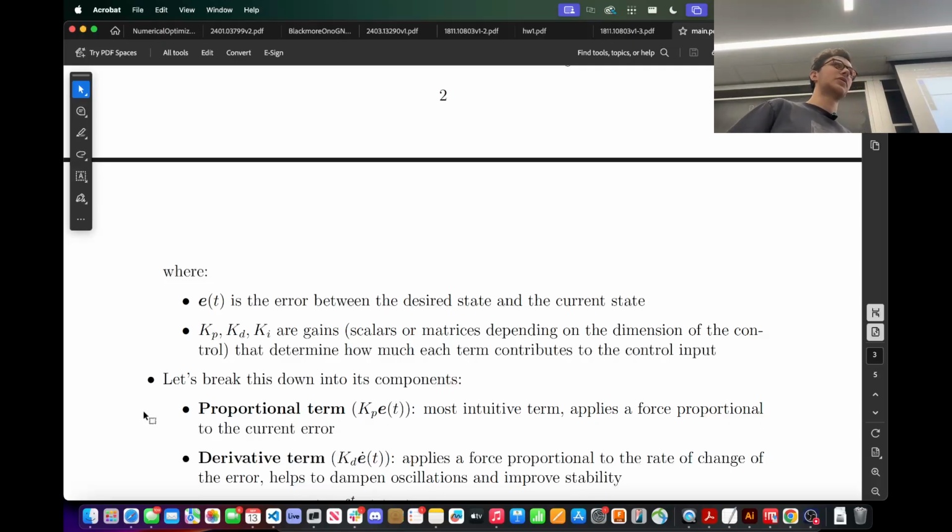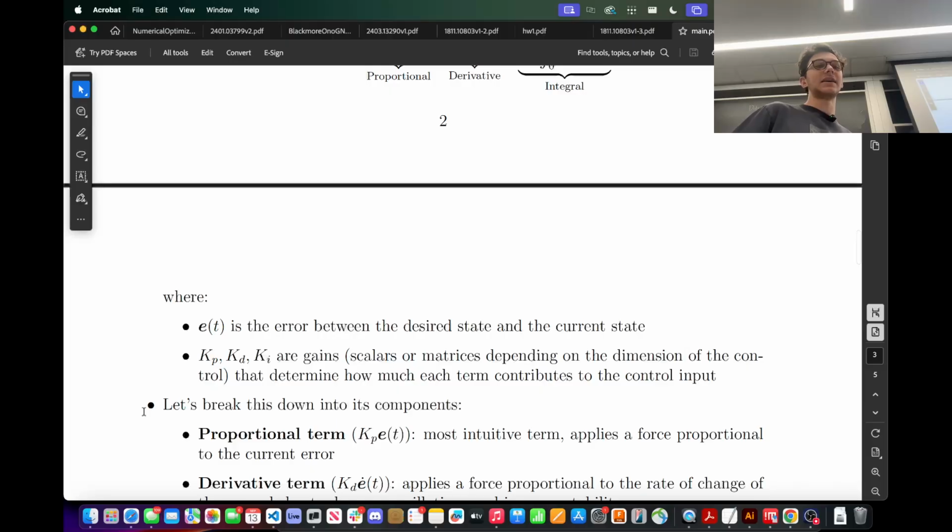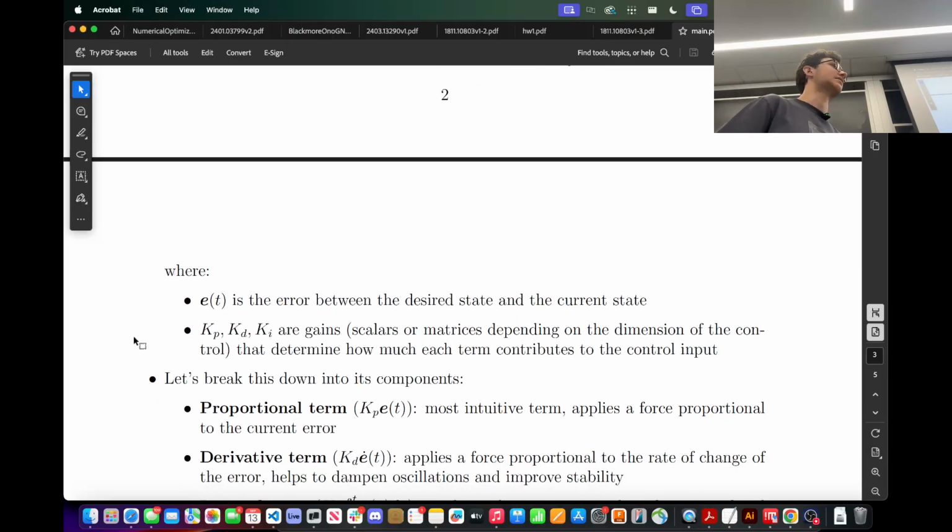There are many connections between a PID controller and a mass spring damper type system, so you can imagine that the D term applies some sort of damping to your control force. If E is decreasing very quickly, so your error is going down very quickly,